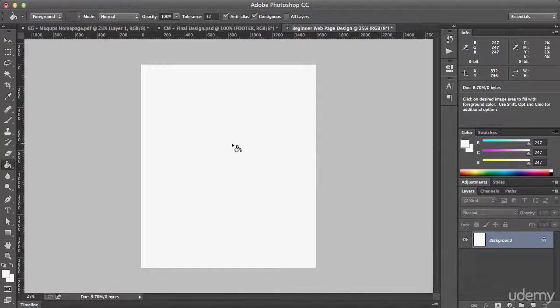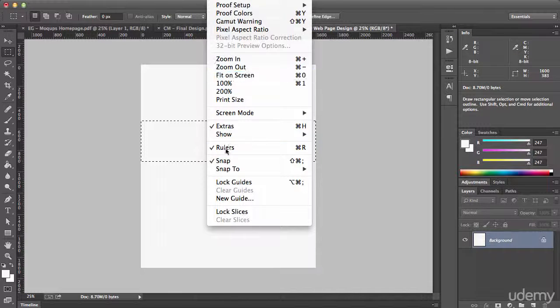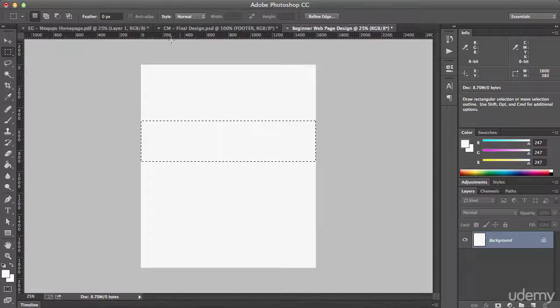Okay, next thing I want to do is set up some guidelines. So what I'm going to do now is I'm just going to press M, and I'm going to drag right across like that. And this is a little tip. One thing that a lot of people ask me is, how do I know if it's directly in the middle? Well, if you have the ruler turned on like I have, and to do that you can go to View and then Rulers, or press Command and R, and Control and R on a PC. When you're here, if these numbers are similar numbers to mine and not 1, 2, 3, 4, 5 for example,